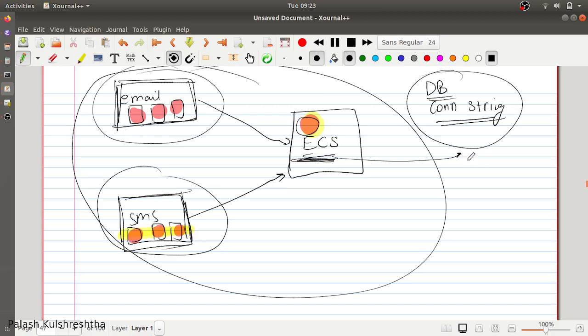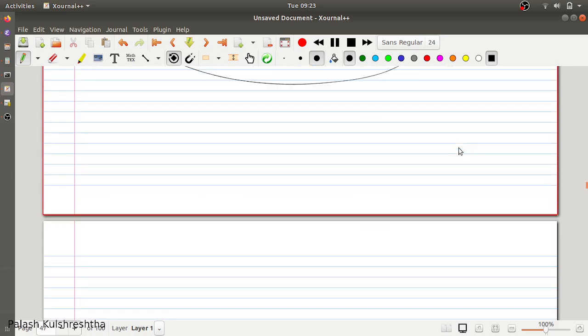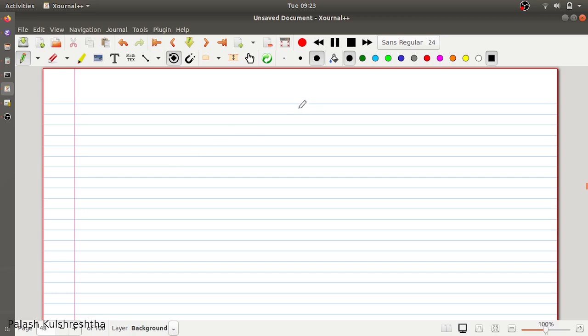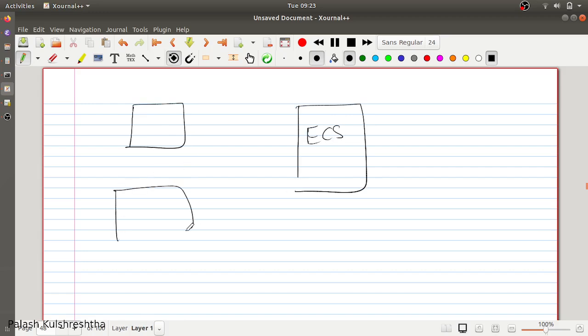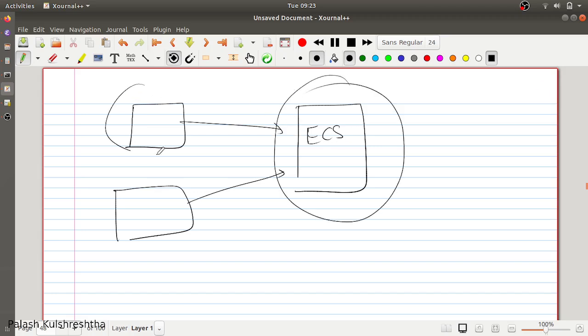Another example is maybe the theme that you want to use. You can store that in the external configuration store and it can be reflected across all the applications. But with this advantage comes a disadvantage as well. Since you are storing the configuration in a single place, any failure in the external configuration store is going to impact all these services, because they are now dependent on the external configuration store for their configuration, and if it goes down, it is going to have impact here.